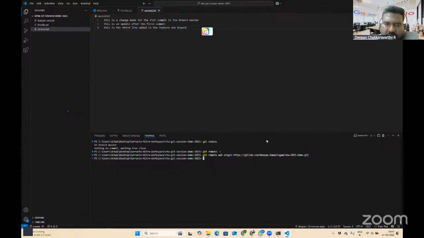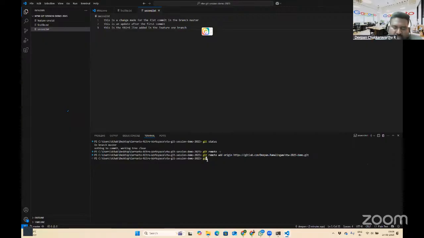So I'll say git remote add. Meaning I want to add a remote repository, right? Then I need to name that remote repository. For this local repository to refer to that remote repository, I need to provide a name. The name I've given for that remote repository is origin. Then I'm providing the URL of that remote repository. So git remote add means adding a remote repository. How I'm going to refer to it is by this name, and what exactly the remote repository is, is this URL.